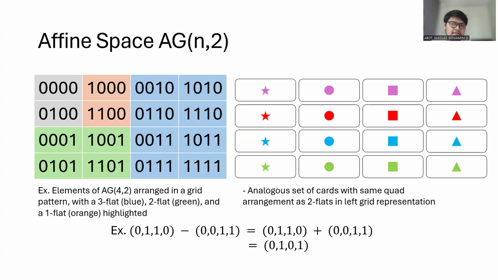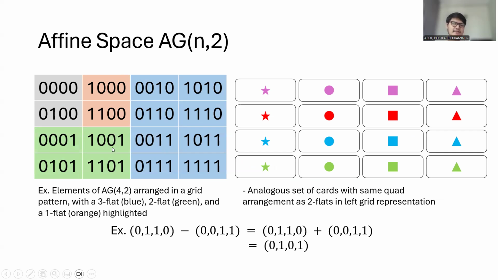In that case, subsets of affine spaces that also behave like affine spaces are called K-flats, where K is the dimension of the corresponding vector space. For example, we have a 3 flat in blue, a 2 flat in green, and a 1 flat in orange. Now, I reveal here that the reason why we've chosen this grid representation of the affine